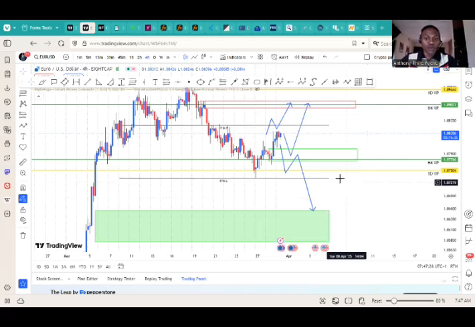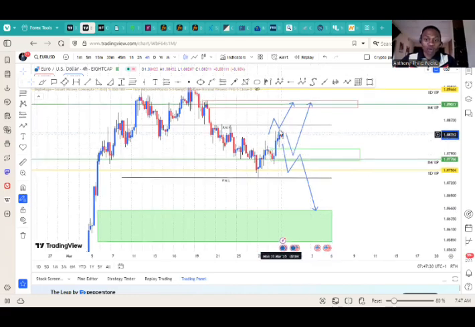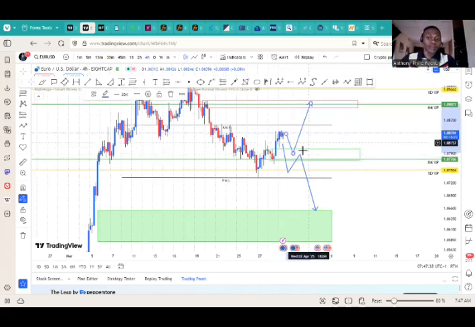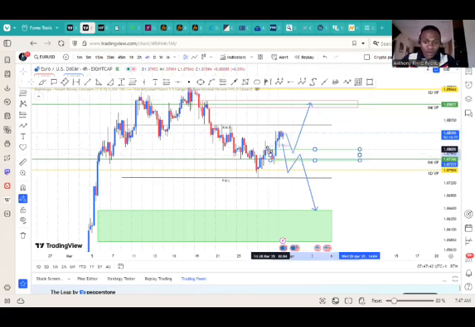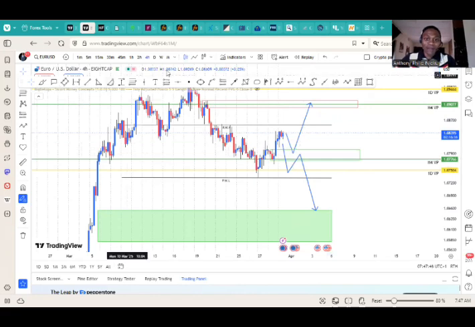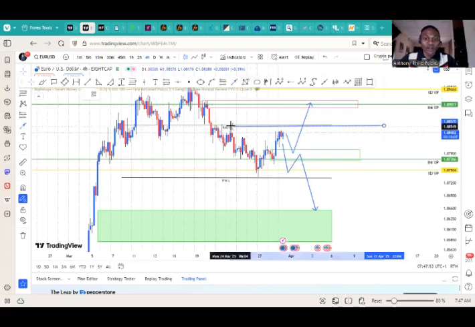Okay, so just monitor the market. I would possibly wish the market will fulfill this efficiency. I want to fulfill the efficiency here. Once it fulfills, we get our buy. Once the market comes into this demand level, we also have a fair value gap there. Once the market comes within this fair value gap and this demand level, we'll be looking for the buy to head towards the supply zone because there's liquidity lying here to be grabbed.